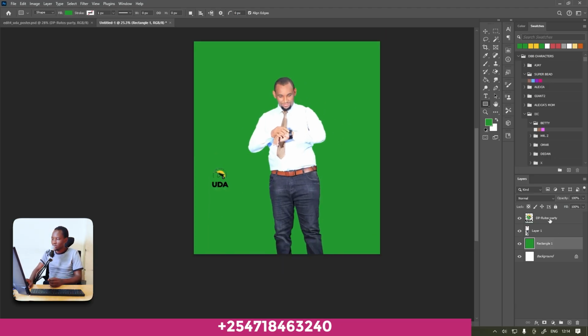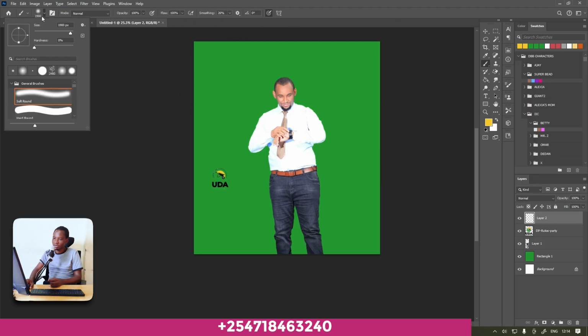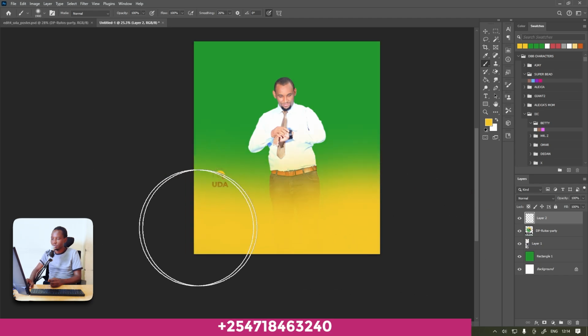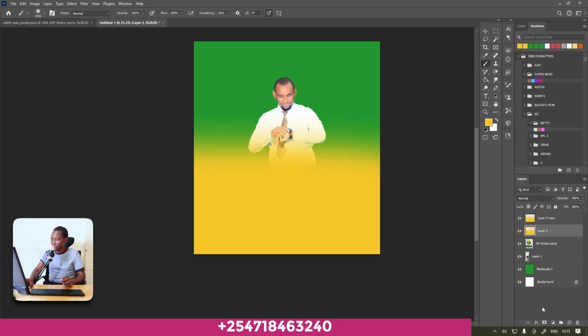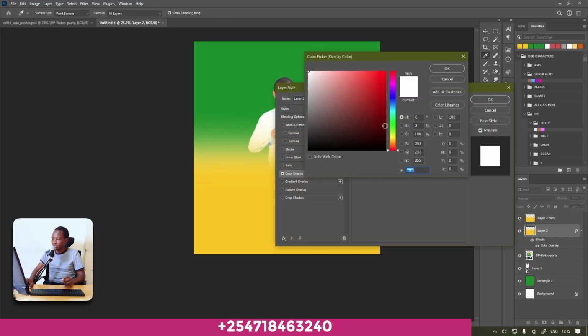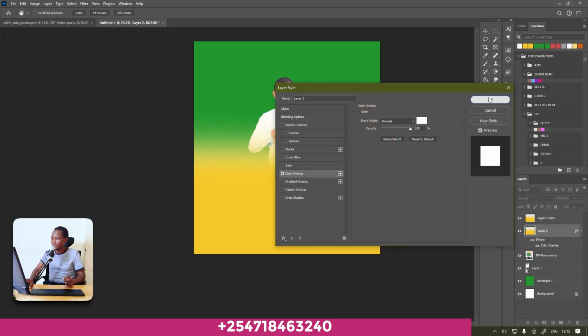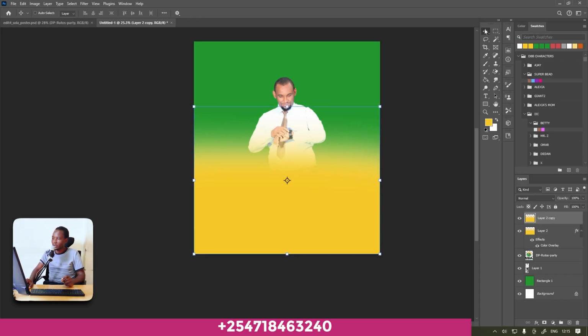Now that this is done, let's look at the yellow that is down here. Introduce a layer on top, and I want to go in with a brush tool and use a soft brush. So this is a soft round. When you come to the brushes panel, soft round brush, and simply draw. Duplicate this layer, and then come to effects on the layer below that, and then choose color overlay. For color, you choose white. If it's not selected, you need to scroll all the way to that corner. You have white, and then you can come back to this top layer and move it down a bit,